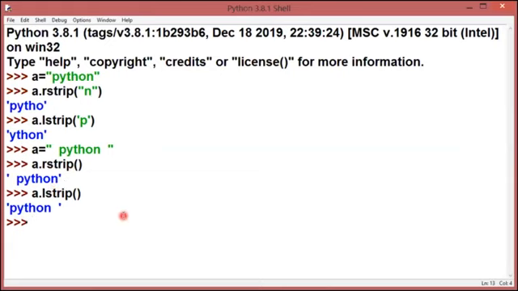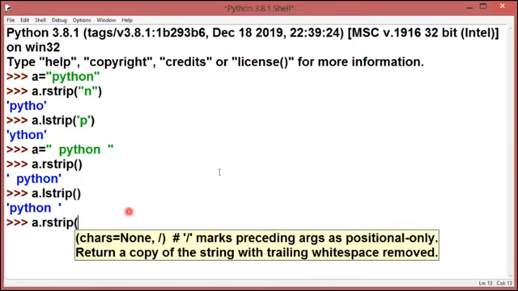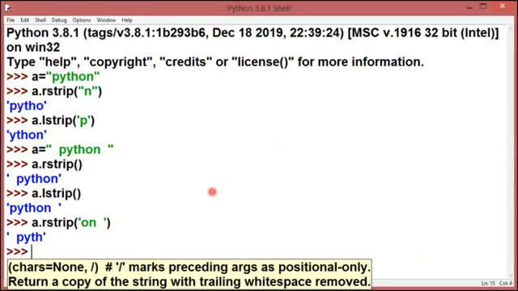And if I want to remove some characters also along with my spaces, then what can I do? I can write in this way, rstrip. Now, last two characters I want to remove, so I can write ON and two spaces, this, and I'll get the result in this way. That means two spaces in the starting, PYTH, because ON along with the spaces has been stripped off.